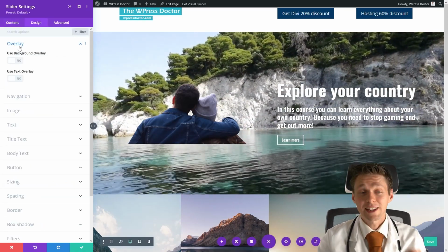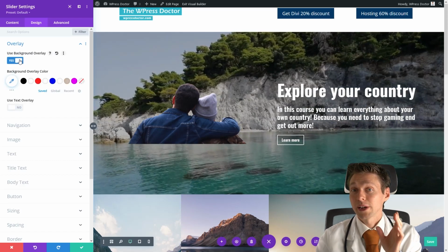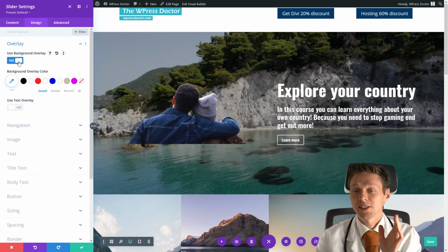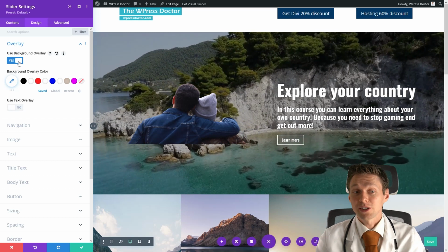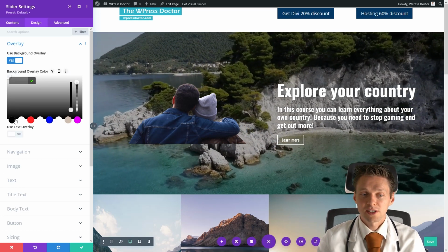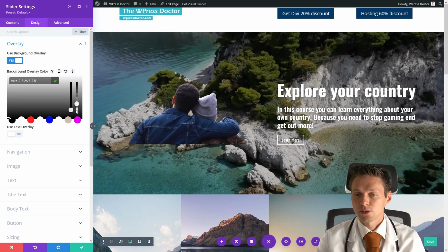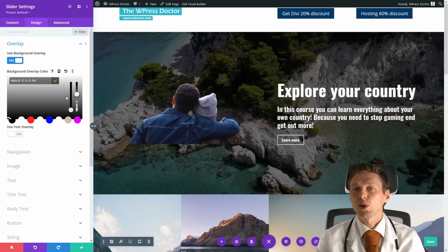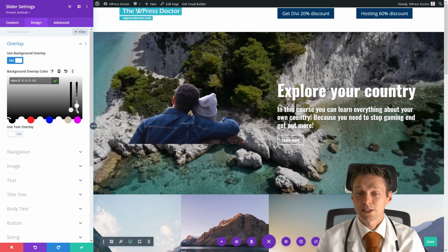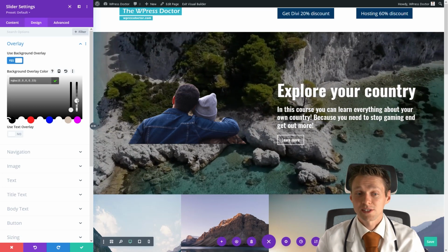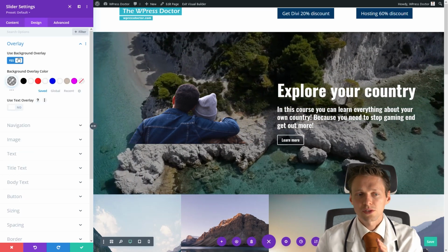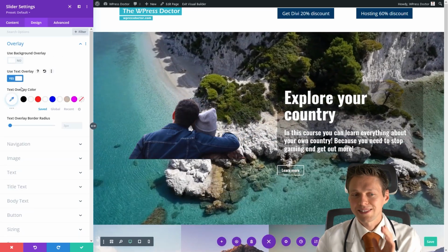If you go to design and you go to overlay, you can change a background overlay. As you can see right now what it does on the screen, it makes it a little bit darker. You can of course change the color right here to make it entirely black, or just a little bit, or whatever you want. It is pretty amazing, so you can always read your text. But you can also use not only the background overlay, but also a text overlay.